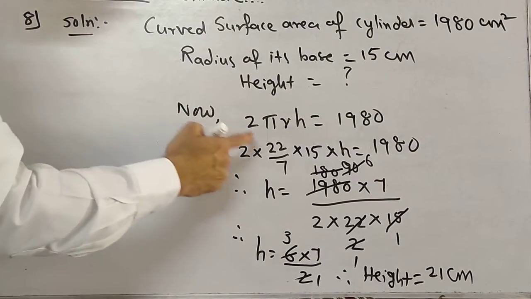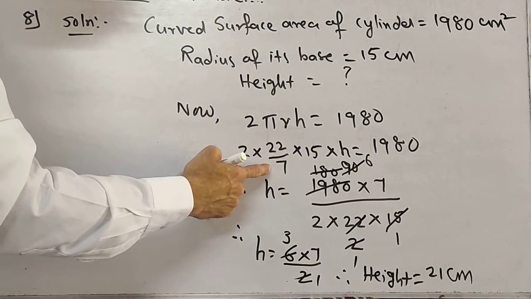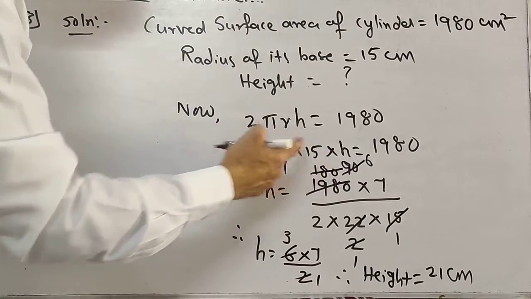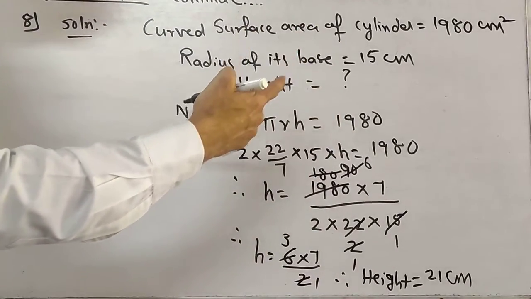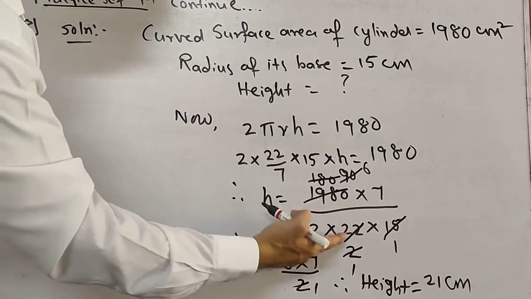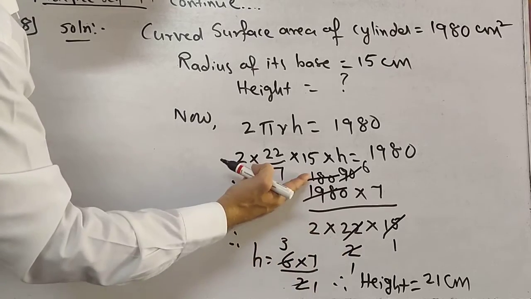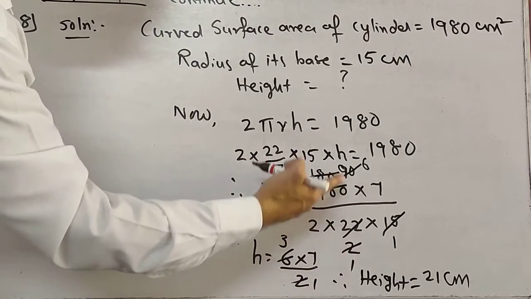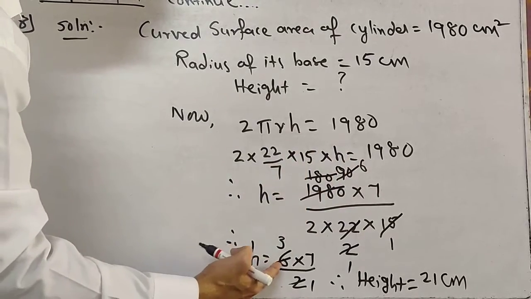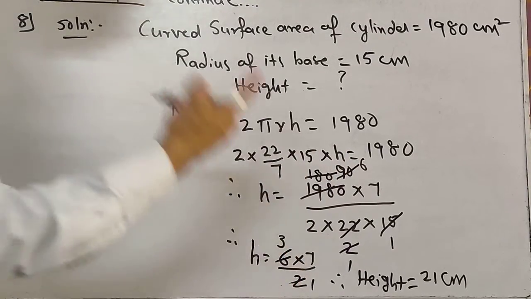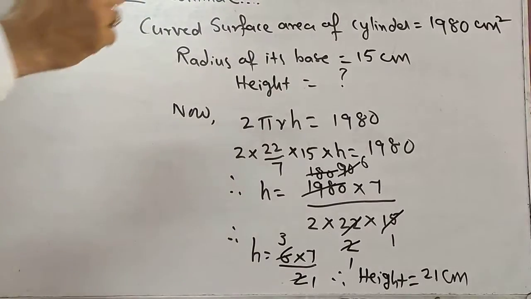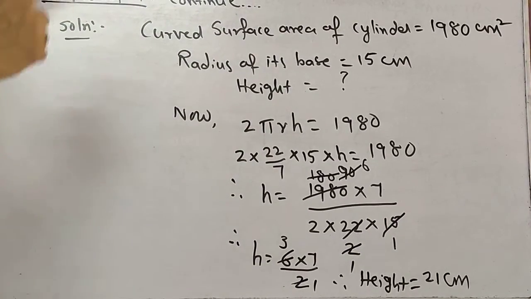Okay. So 2 pi. Pi value is given, 22 upon 7. R is 15. H is not given. This will come here and divide. How to do the division, I also told you in the table of 11. First 11 2s are 22, 11 180s are 1980, 2 1s are 2, 2 90s are 180, 15 1s are 15, 15 6s are 90. Okay, 6 into 7 upon 2, 2 3s are 6, 21 centimeters. So you got the answer. Last statement you have to write. Okay, please copy it down.